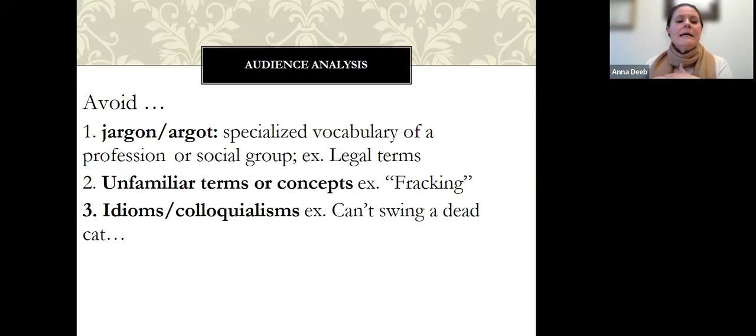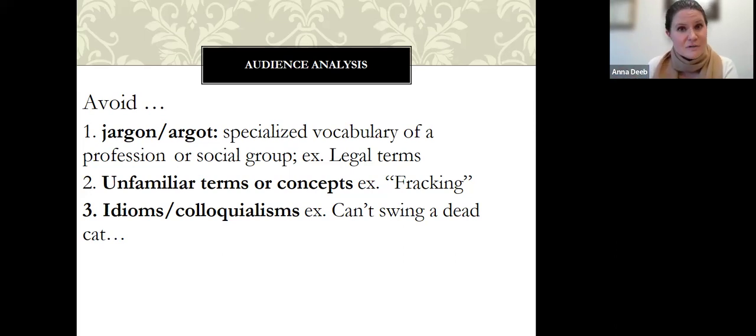All right. Avoid idioms or colloquialisms. So these are expressions or sayings that are specific to a region or an area of the country or a culture. So be careful. In Texas up through Middle America, like Kansas and Oklahoma, there's a lot of colorful expressions. And I know this because my dad grew up in Kansas, and he will say the craziest things.